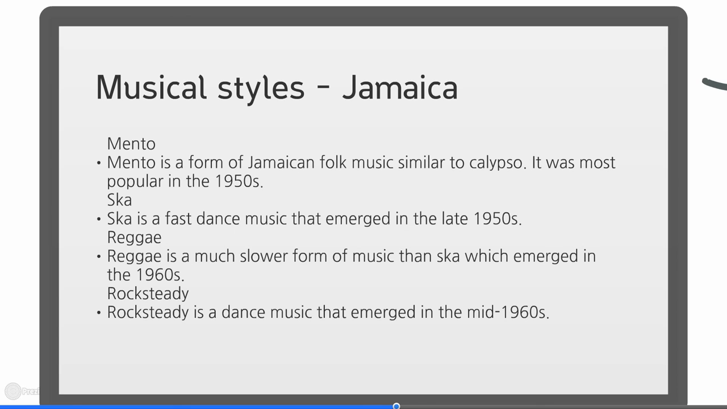If we take a look at the other one, ska is fast dance music that emerged in the late 1950s and fuses American rhythm and blues, R&B, with mento rhythm. If you go ahead and look at reggae, which we know as much more famous these days, reggae is a much slower form of music than ska, which emerged in the 1960s, and some of the characteristics of